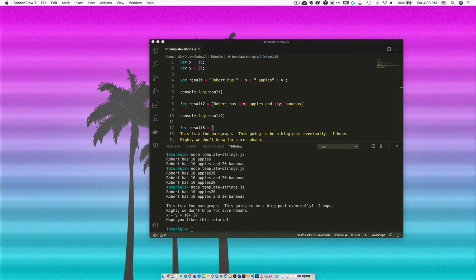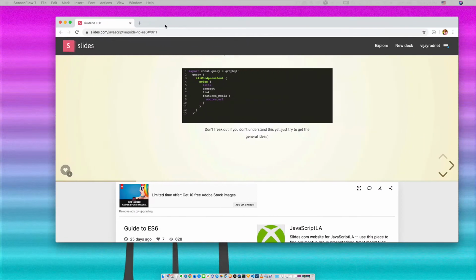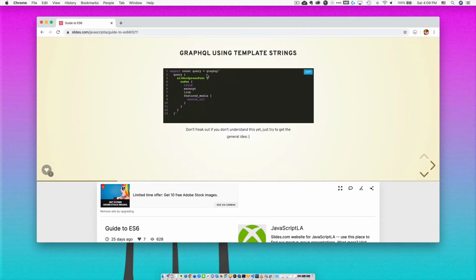All right, so let's go on to using template strings with functions. Before I get into the next part of the coding exercise, I just want to introduce you to some syntax. I don't know if you've seen it before, but it's pretty popular now. There's something called GraphQL, and essentially you can use GraphQL to make queries to databases that are a little bit shorter in syntax as opposed to writing out long SQL style syntax,